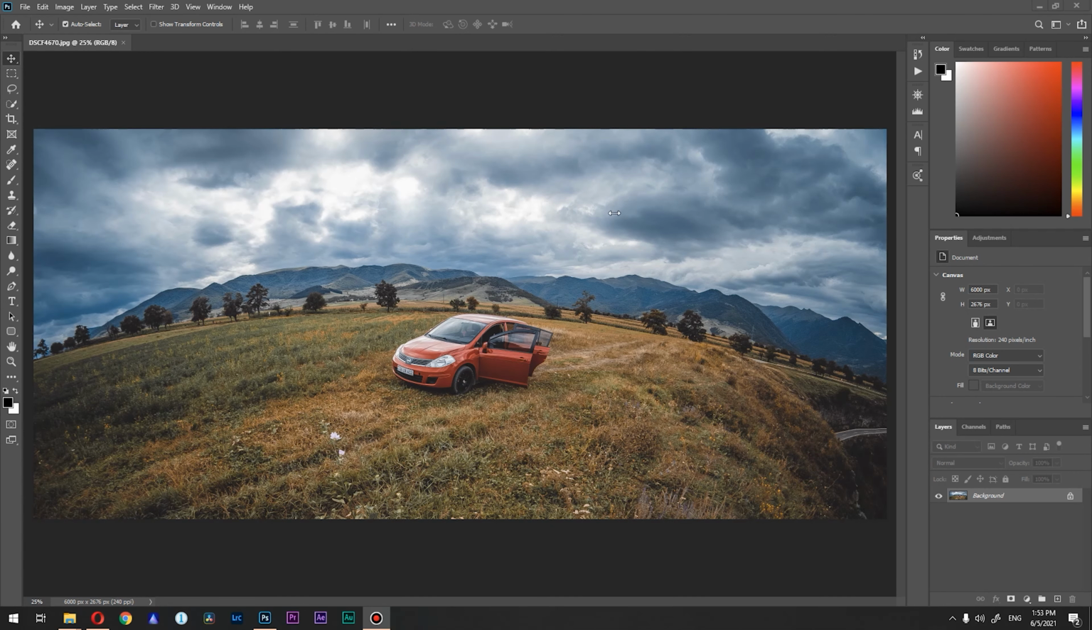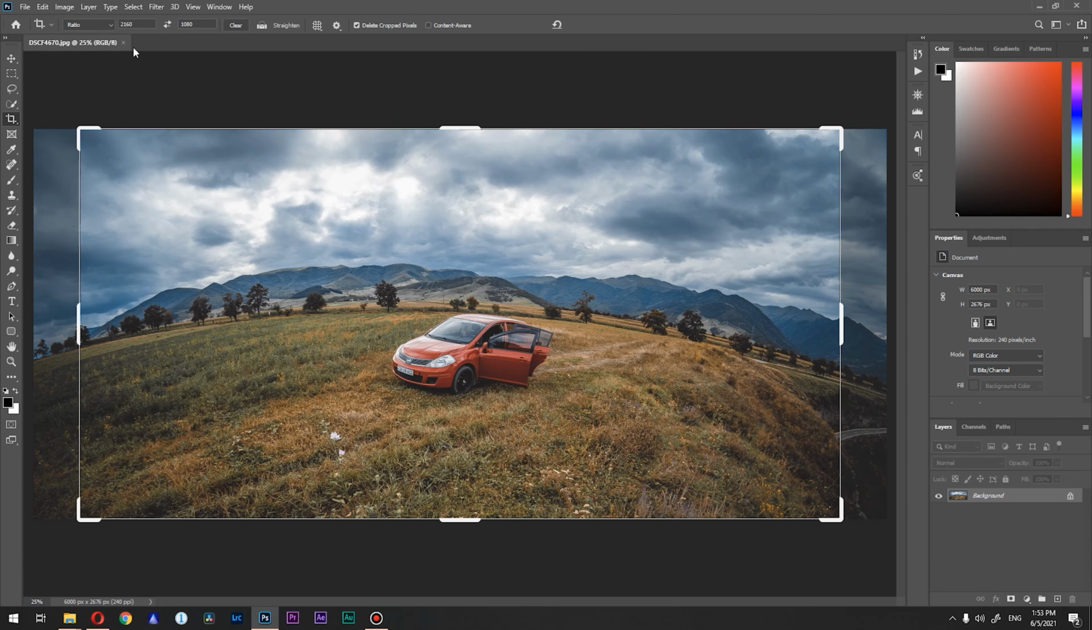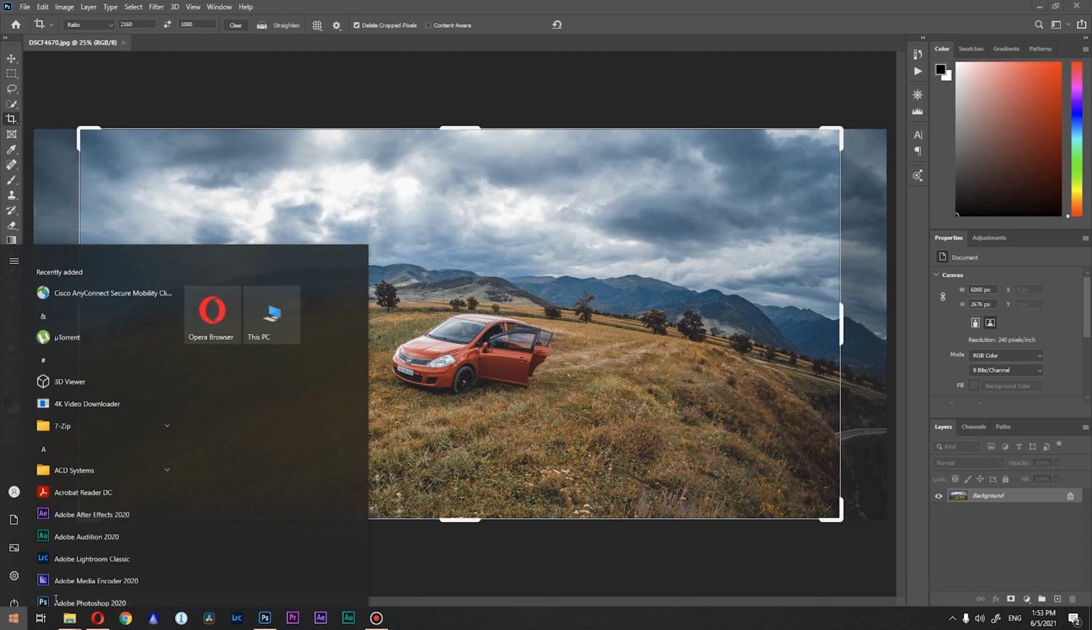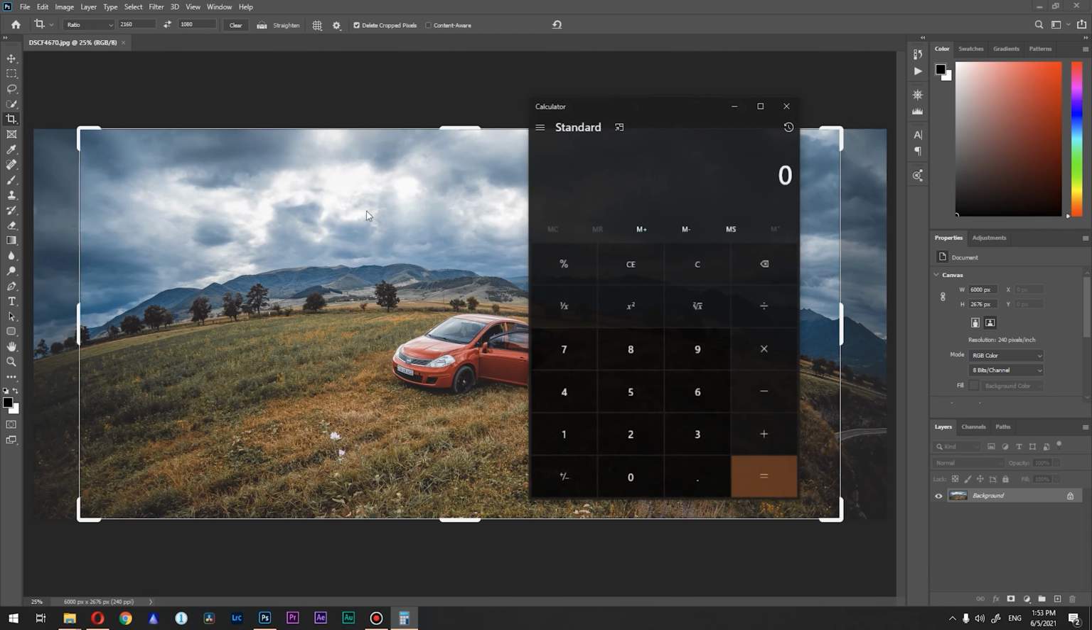So guys, we're inside Photoshop, and what we need to do next is pick the crop tool, and we need to go to 2160 by 1080. Let me explain what these numbers are. 1080 by 1080 pixels is a standard resolution for an Instagram post, and we need to double that amount, so we get 2160. Let me show you, and let's open the calculator and go like